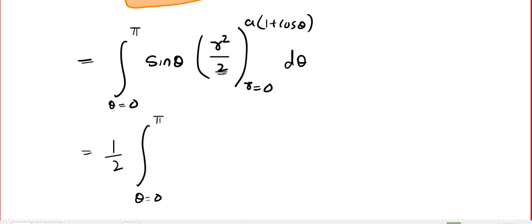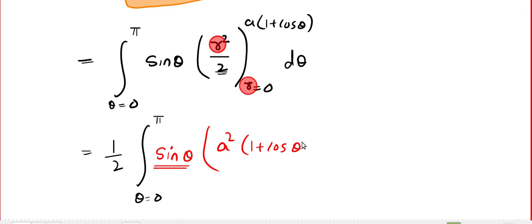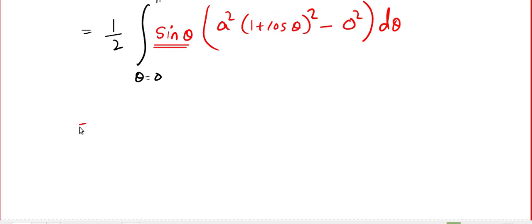And I am going to plug in, okay, I will circle as usual. Here the plug-in variable is R. And you have to plug in the upper limit first. Anyway, I will write sin theta, otherwise I might forget sin theta. So a square into 1 plus cos theta the whole square minus 0 square. Now this is very simple integration. I hope you remember what to do